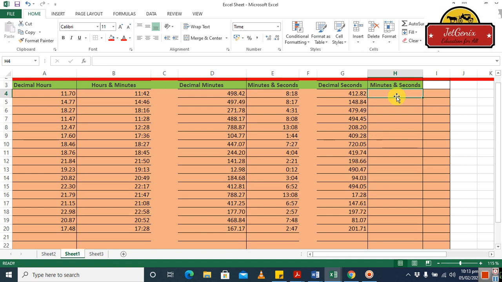So what we are going to do is press the equal sign, select this cell, and divide by 86,400. Why 86,400? Because in 24 hours we have 86,400 seconds. Now, these 412.82 seconds are equivalent to 6 minutes.